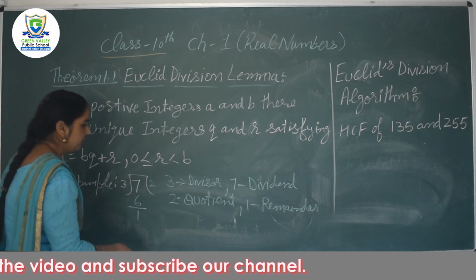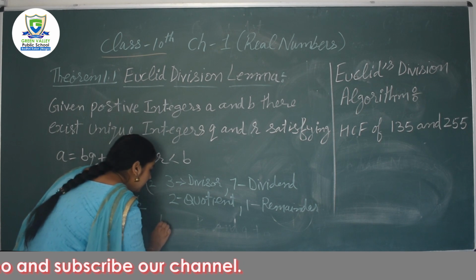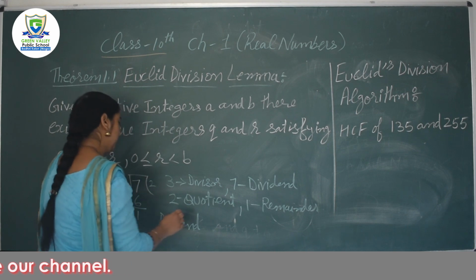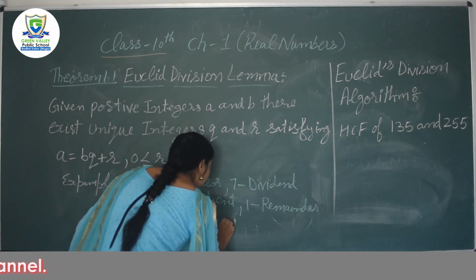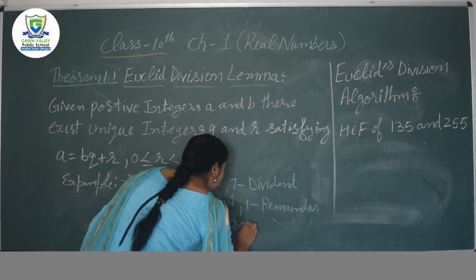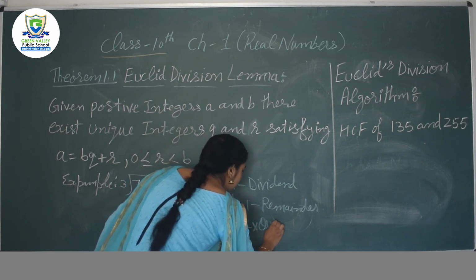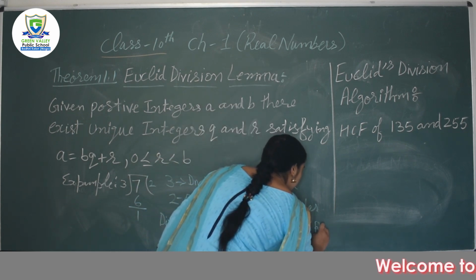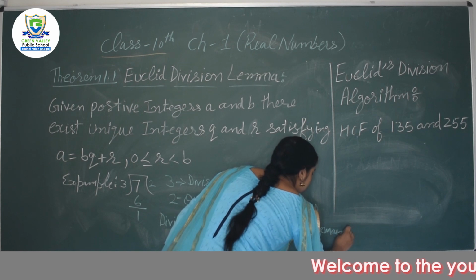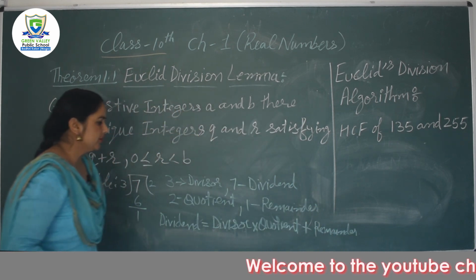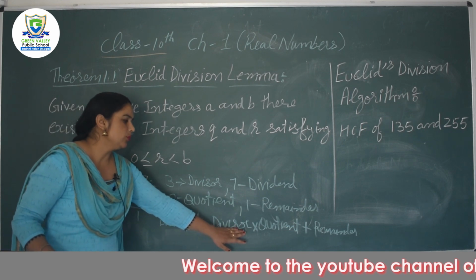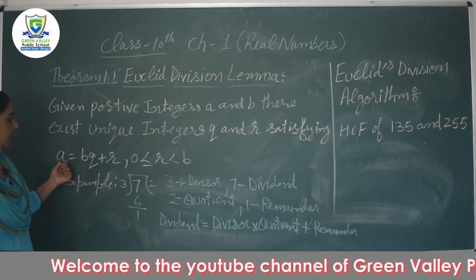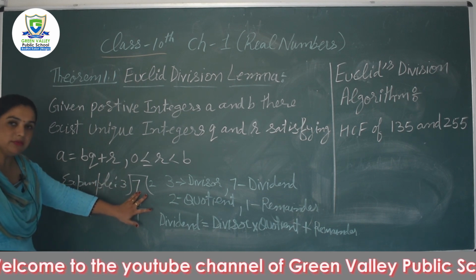If you remember, students, we have learned that dividend is equal to divisor into quotient plus remainder. This result we have learnt in the previous classes, and we know dividend is always equal to divisor into quotient plus remainder. If I check this, here a means 7, 7 is my